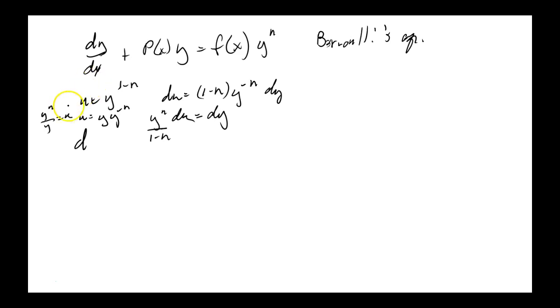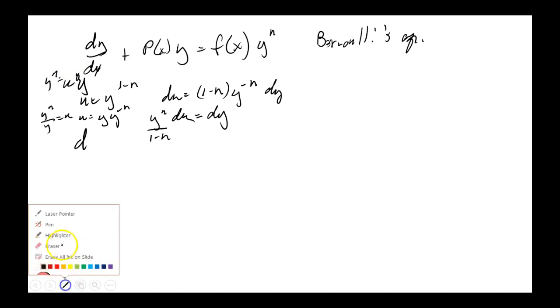So let's do it slightly differently here. y to the n is equal to u times y. Okay? All right. That's not u to the y, it's u times y. Okay. Now,